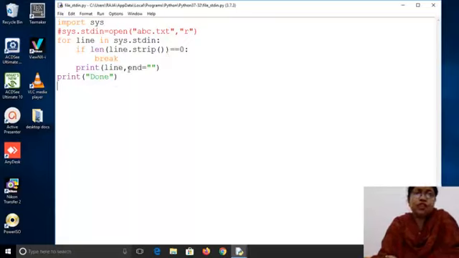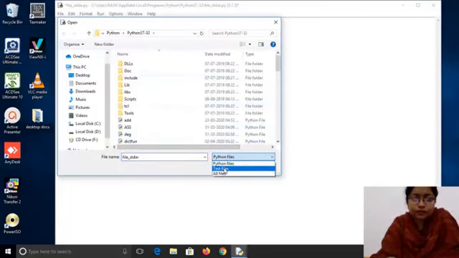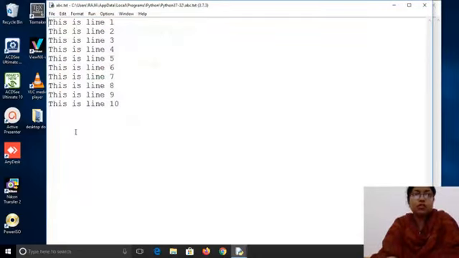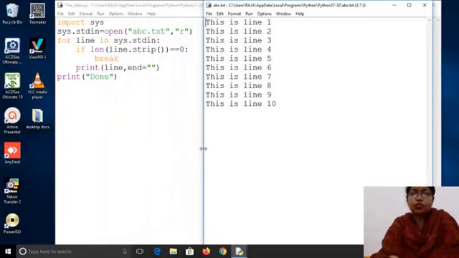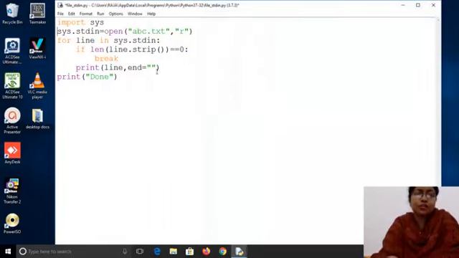Now say I want to redirect. I don't want it to take the default input from the console. It will take it from somewhere else. So let's redirect the stdin to abc.txt. All of you know what is written in abc.txt, but let's see it again. See, this is the content of abc.txt. Okay. So the function will now read everything from abc.txt instead of reading from the console.